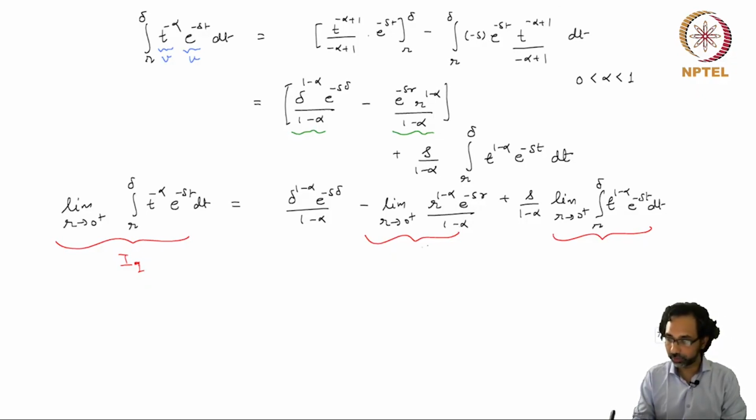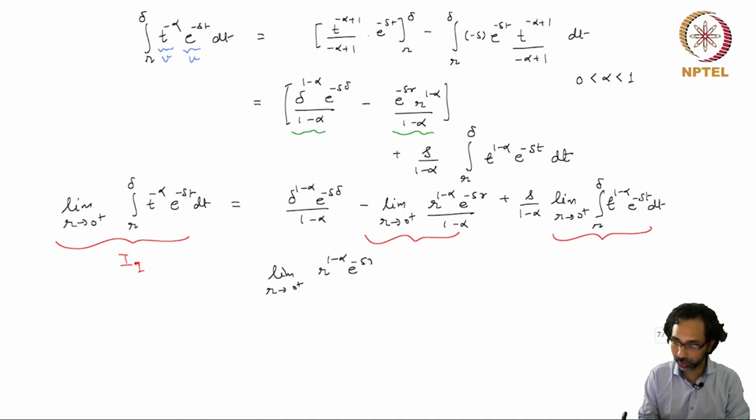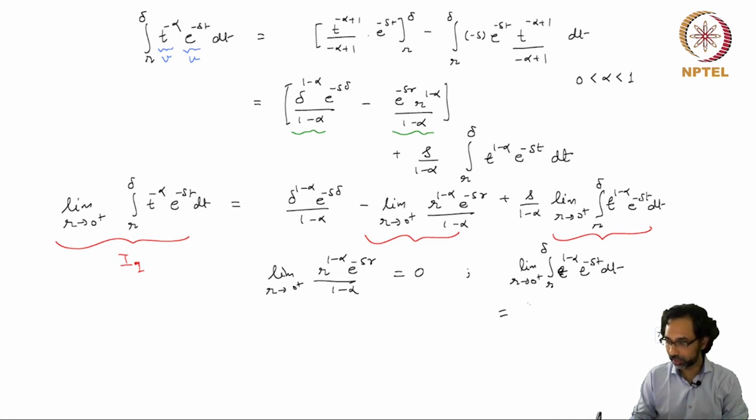So now it's simply a matter of seeing what the two limits are. For the first one, we can easily show that the limit as r tends to 0 plus of r to the power 1 minus alpha e to the power minus sr over 1 minus alpha is simply 0. This is very easy to see because this is a continuous function and the limit as r goes to 0 plus is simply 0. And the second one, the limit as r goes to 0 plus of the integral r to delta of t to the power 1 minus alpha e to the power minus st dt. This is simply